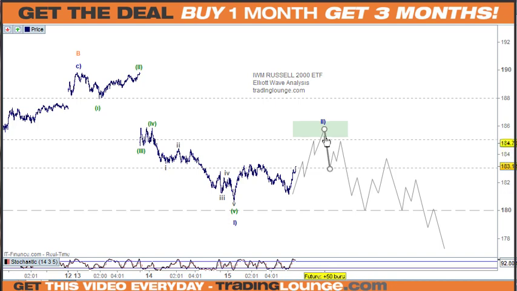And here I've just drawn it out to give you a bit of an idea. To get a small position here is good. When that comes back down to this level, it's going to bounce. So you could short the bounce, you could put it under wave B to short it. But in the bigger picture, coming down to the 180, the top of minor group 1, minor group 2, this 5 waves here is also going to give a bounce. So shorting it down here is only going to get you into strife, because it's going to come back. It might not come back that high, it might just come back to the 183 area, and then go down again.